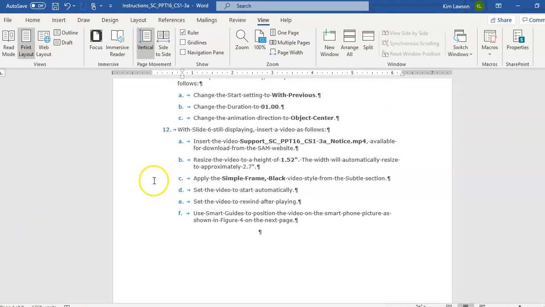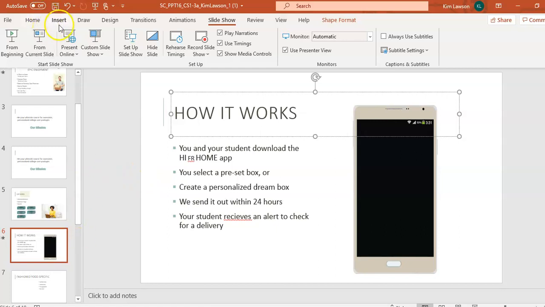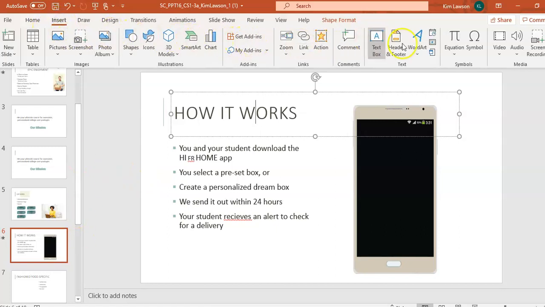Okay, number 12, you're going to insert a video. The video is a support file in SAM, so they're going to ask you to insert it, resize it, apply a simple frame black video style. You're going to set it to start automatically, and then rewind it, and then use your smart guides. So I'm going to show this video. I'm going to insert the video. You go all the way over to video from your PC,